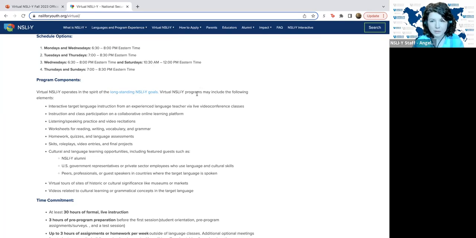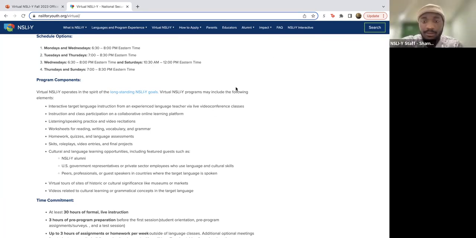being limited to high school students only. It is limited to high school students only. So we do get a lot of inquiries from seniors who will be either in a gap year or not, or continuing on college or something like that afterwards. And unfortunately, they would not be eligible. So students need to be in high school at the time of participation in the program in order to be eligible.